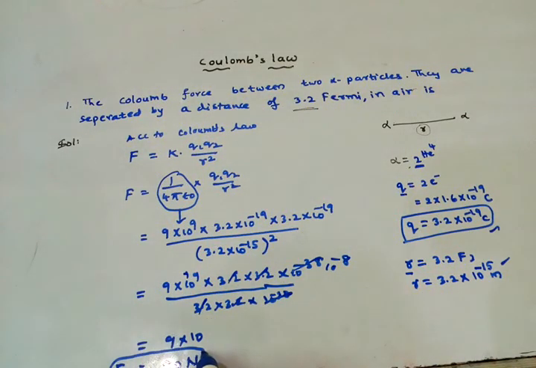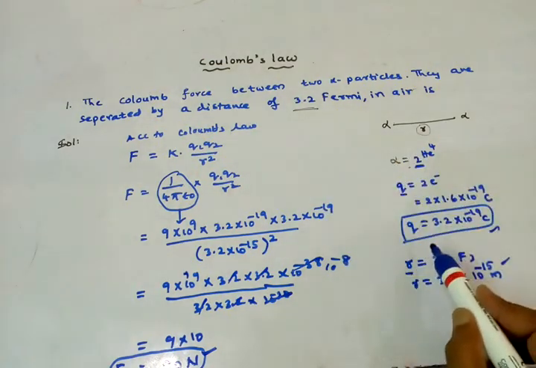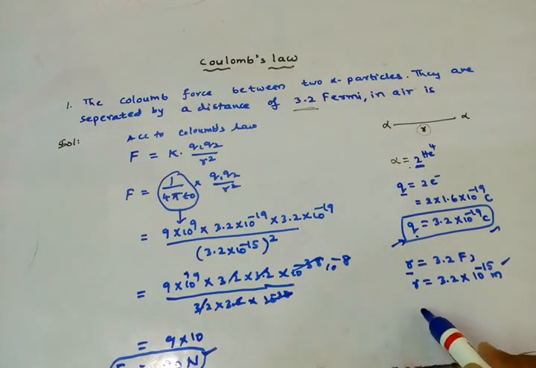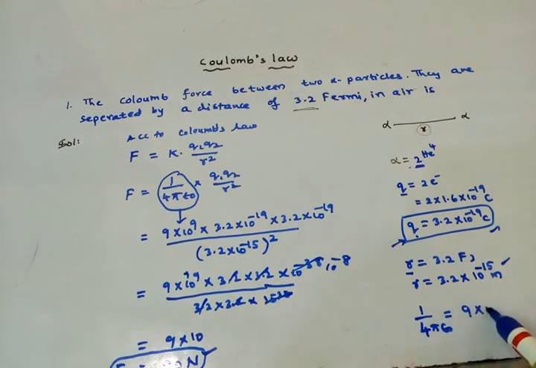the force of attraction or repulsion is 90 Newton. Here first we have to note the charge and distance. The one more thing is 1 by 4 pi epsilon naught, value 9 into 10 power 9. We substitute here, and we will get the force in SI units, that is 90 newtons.